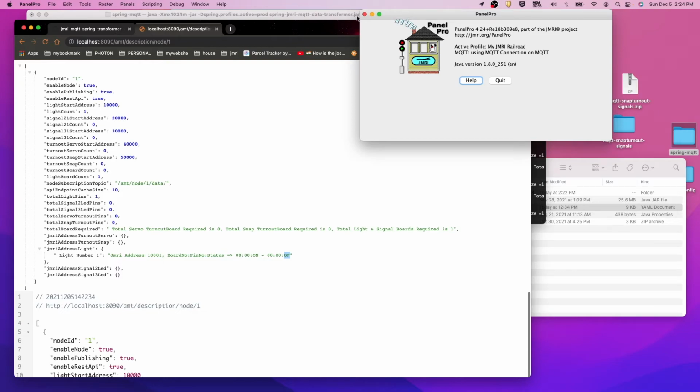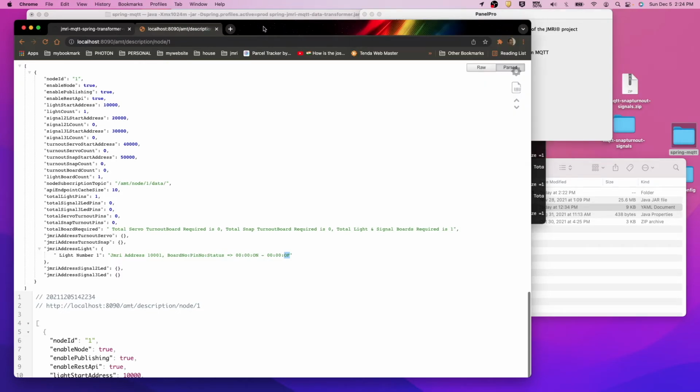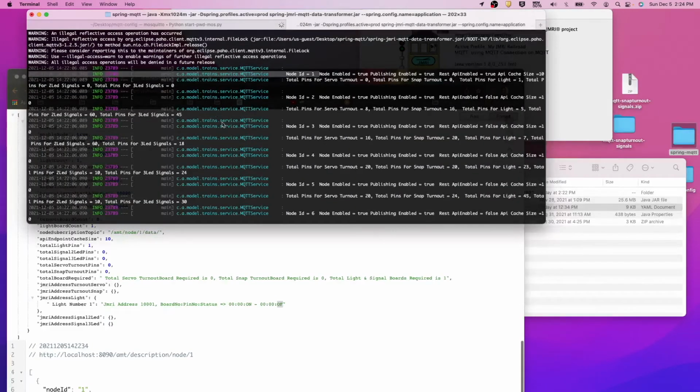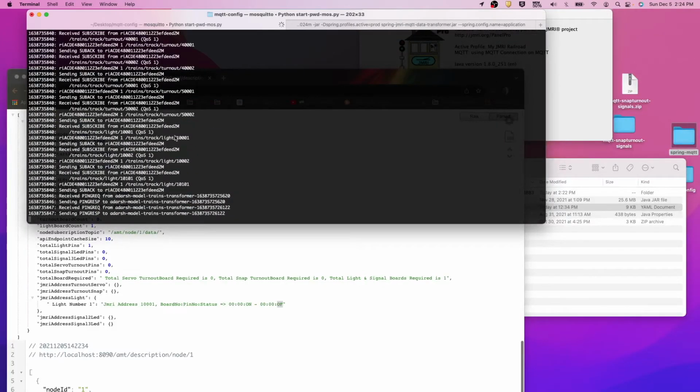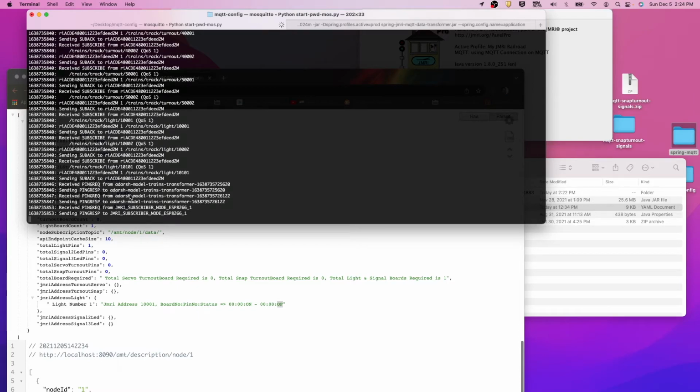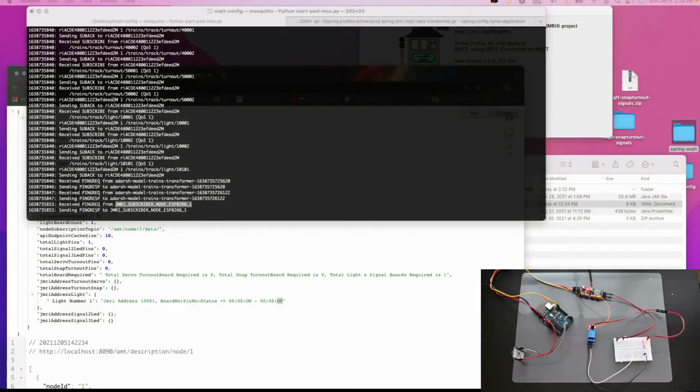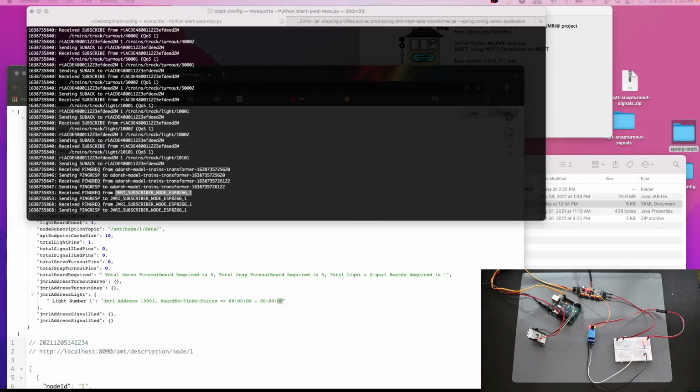So now Panel Pro is started. Here we can see all the configurations. Here you can see Adarsh Model Train Transformer application, and plus this is our client, NodeMCU client, which is our ESP8266, which will be this. This is also connected to and sending and receiving data from MQTT.